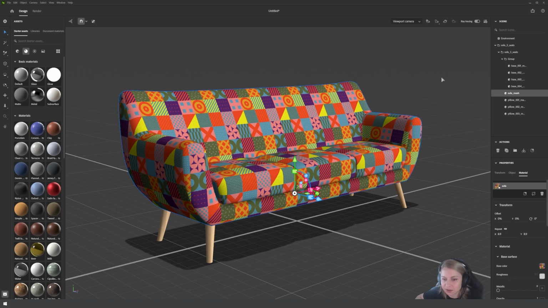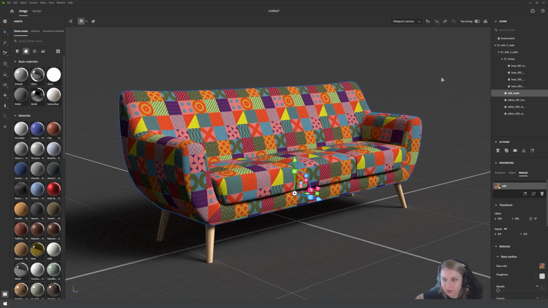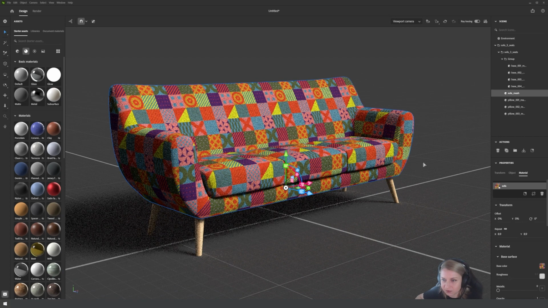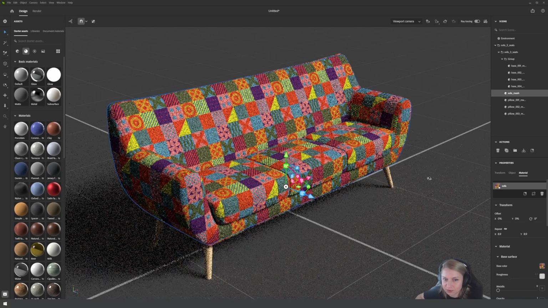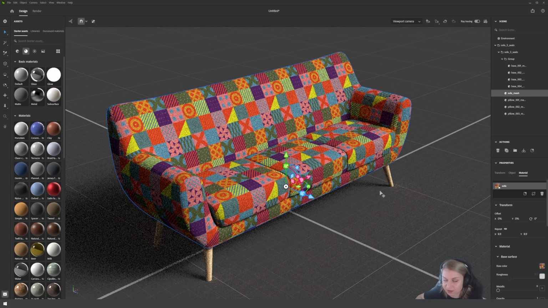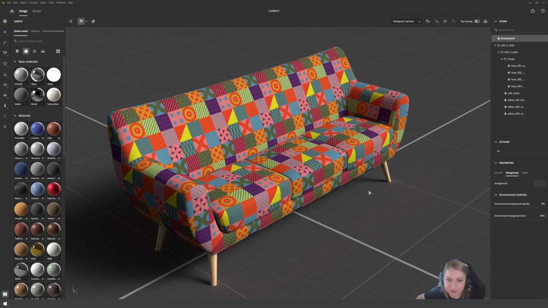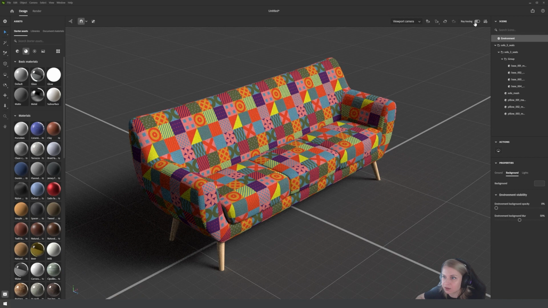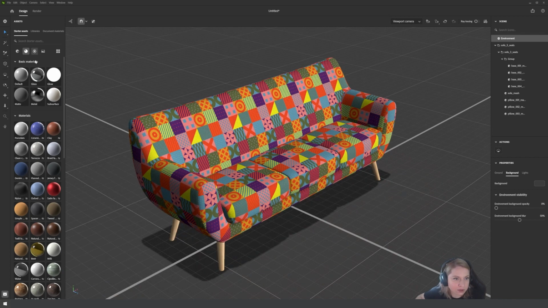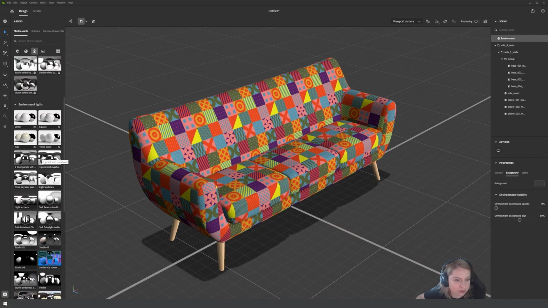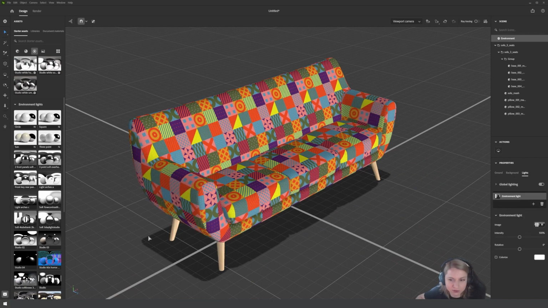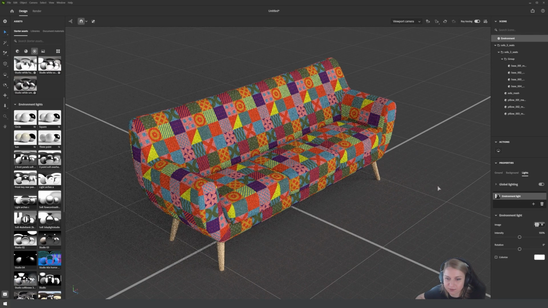Let's see what happens if we render it. Yep. So this is the couch, and this is how we can try how this fabric material will look on an actual product. So we can change the light if we are not happy with it. So for example, studio lights.